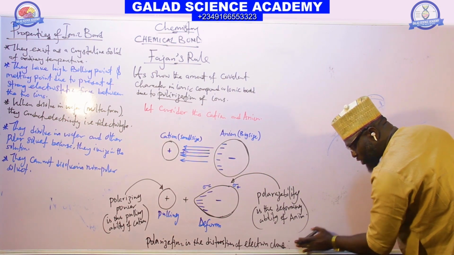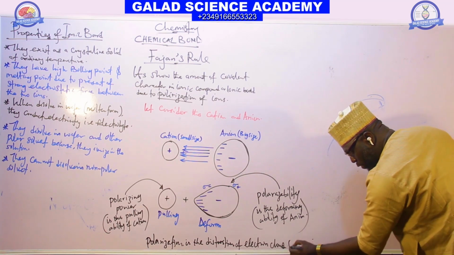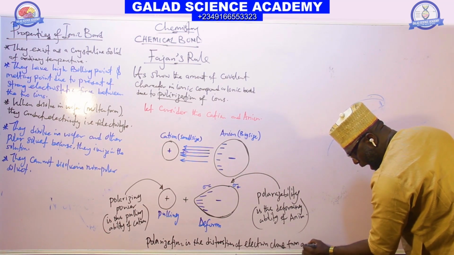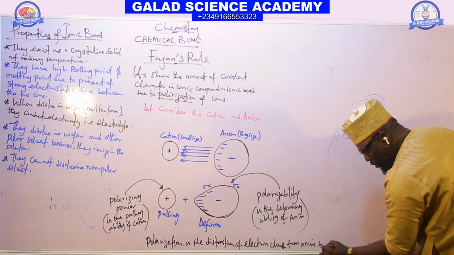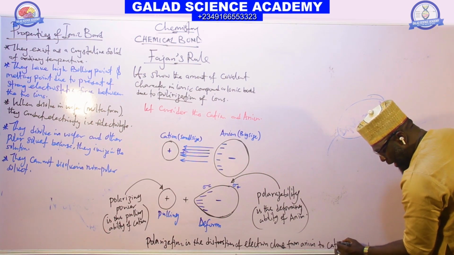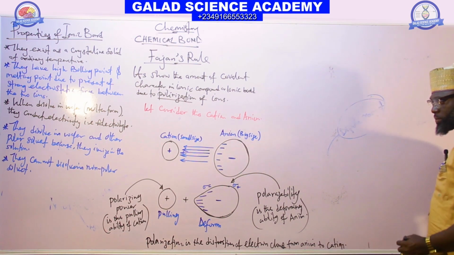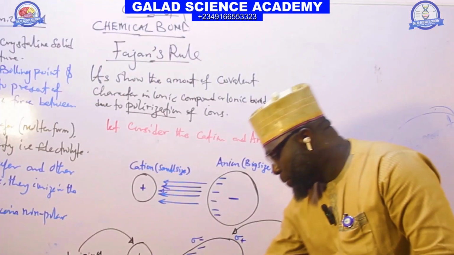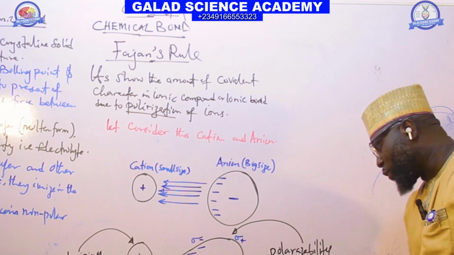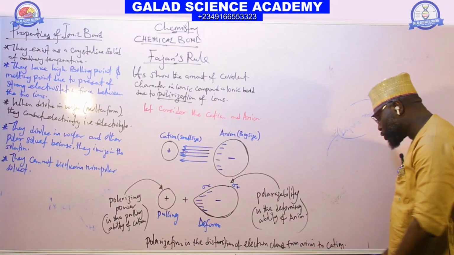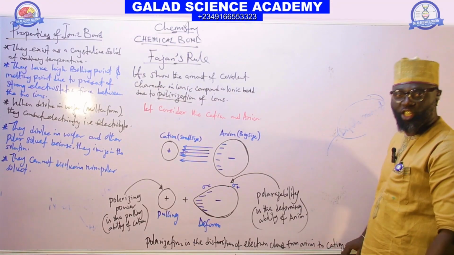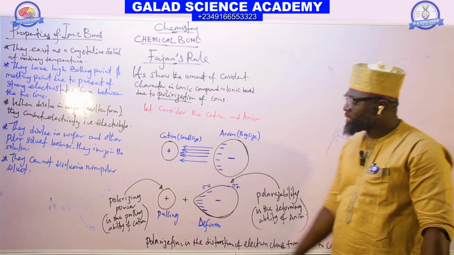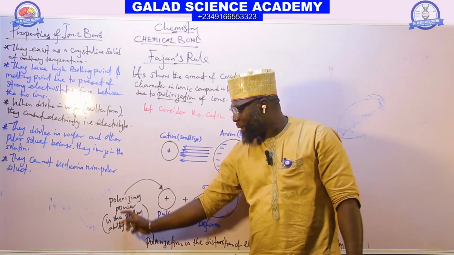Distortion of what? Of electron cloud from an anion to a cation. That is what? Polarization. The polarization is the distortion of the electron cloud from the anion to the cation. That's polarization. But the ability of